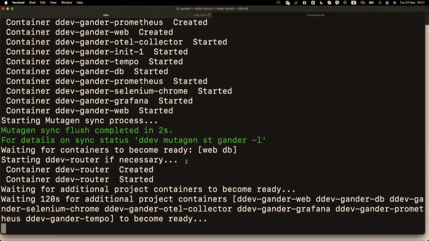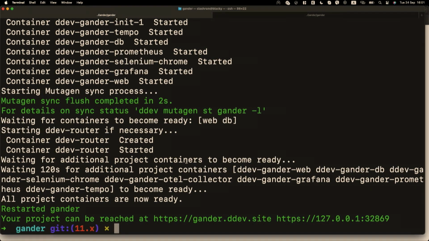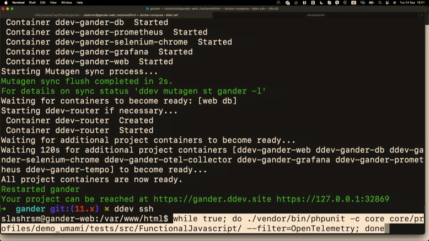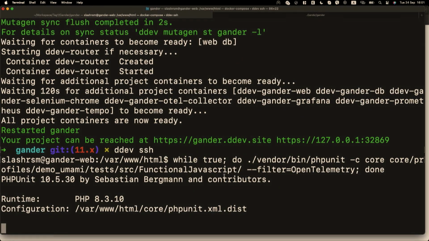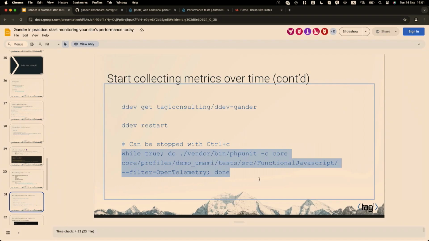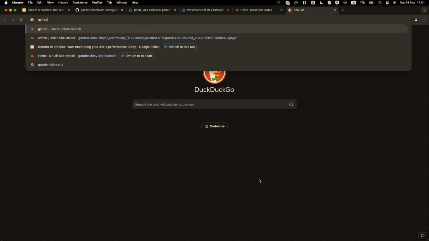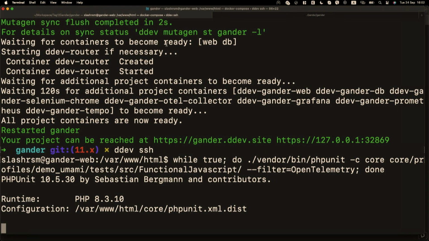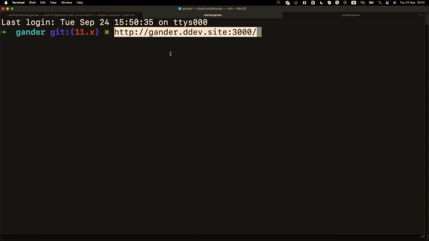Just to say, the reason that there's the OpenTelemetry dashboard and the PHPUnit assertions is because the metrics on the dashboard are all things that we didn't want to add assertions for in PHPUnit tests. So time to first byte and largest contentful paint and things like that, those are times, and times will vary every run. So if you add an assertion, you're always going to have false negatives or false positives at some level. So rather than adding assertions with loads of headroom that could still be wrong or not tell you when things get worse, this then allows you to see